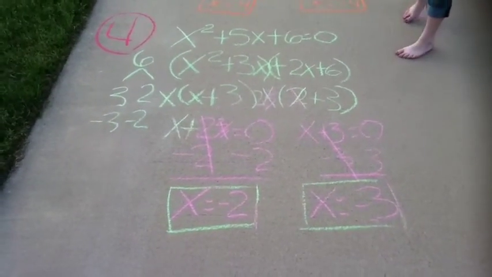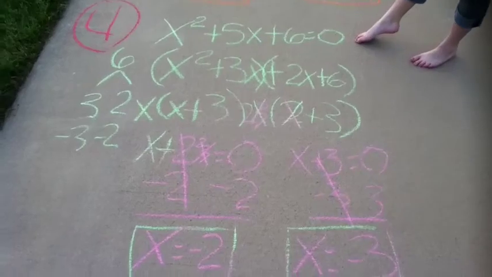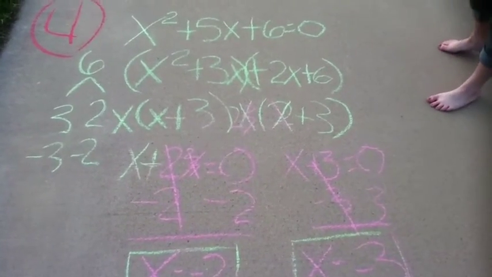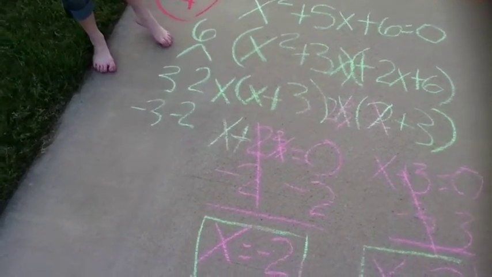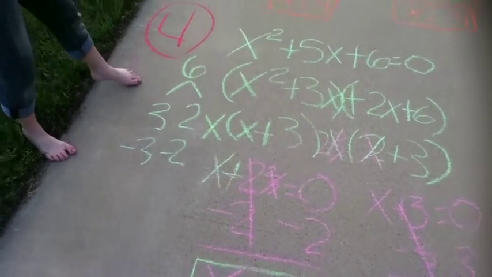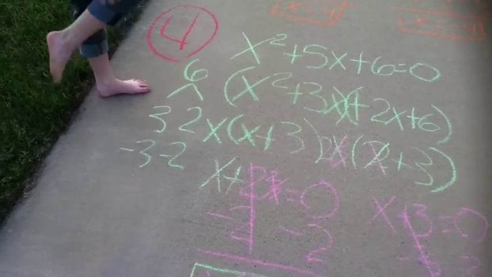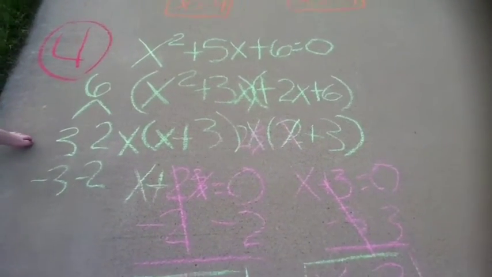So, x squared plus 5x plus 6 equals 0. Then the numbers that equal 6, 3 times 2. So that is x squared plus 3x plus 2x plus 6. And then you pull out the